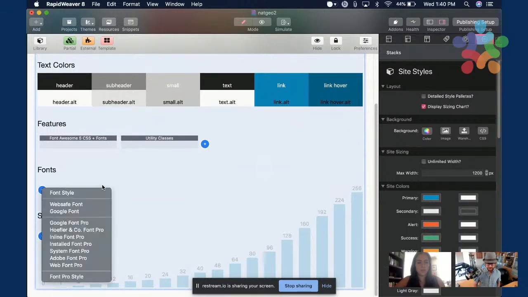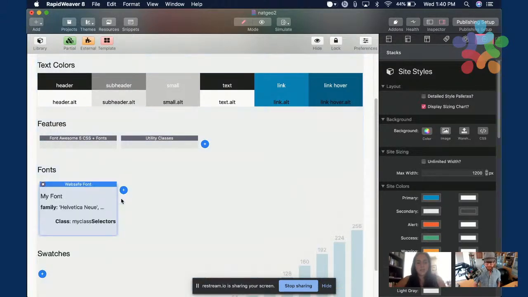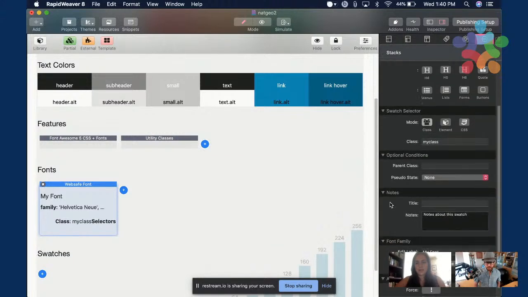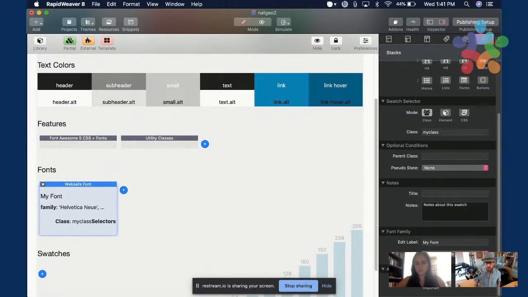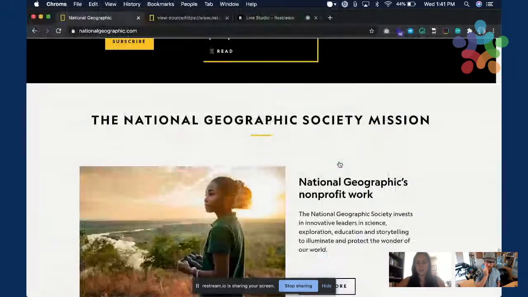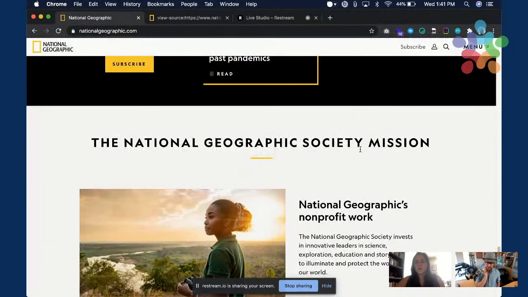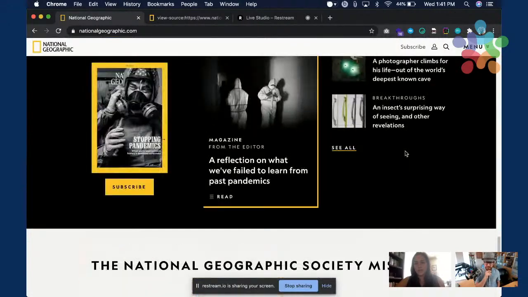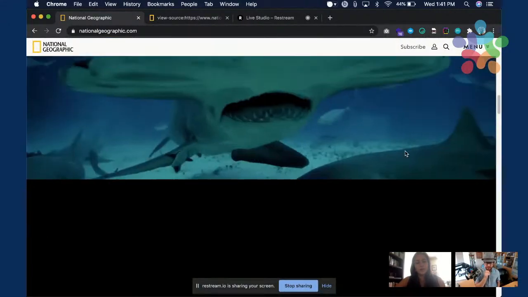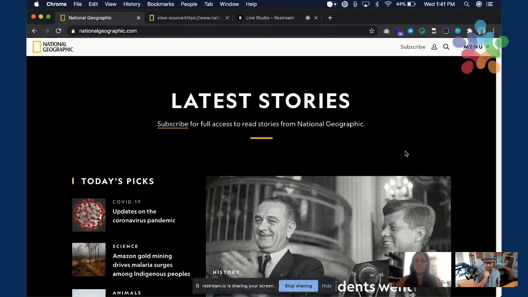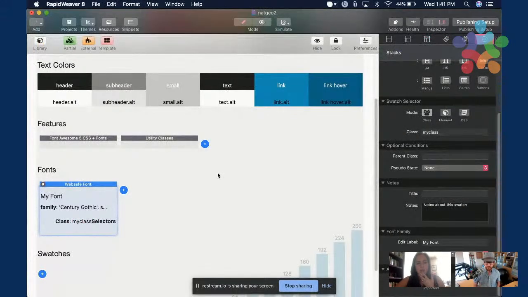And we'll start with the fonts. I'm going to use, what's it called again? Century Gothic. It's really far from the actual Nat Geo's font, but I find some similarities between them. So I'm gonna add the font.